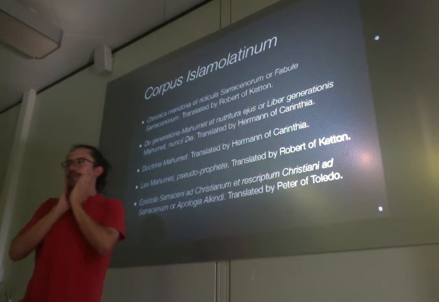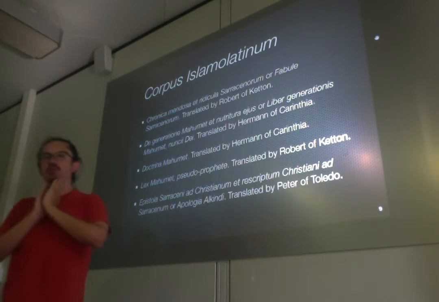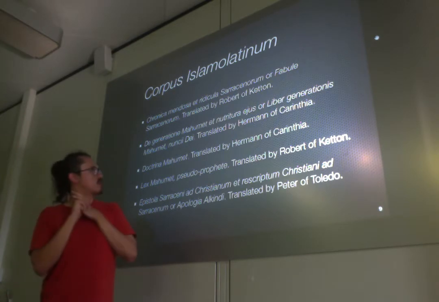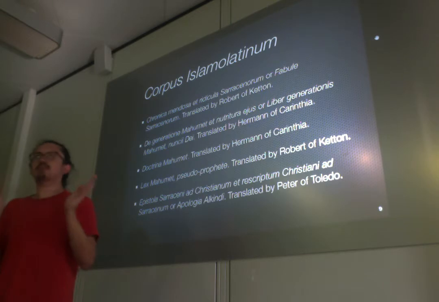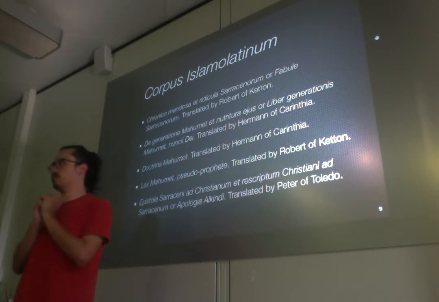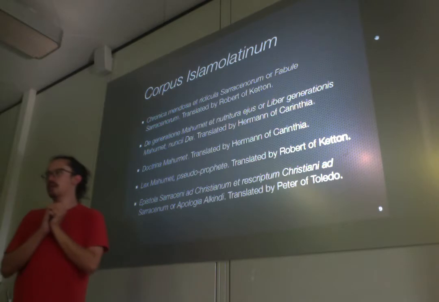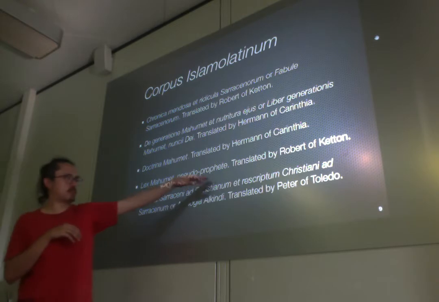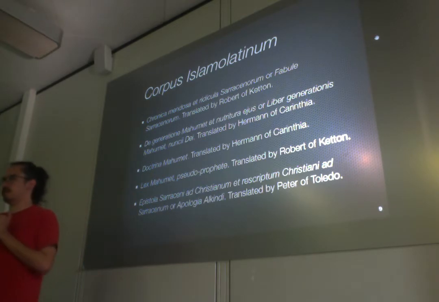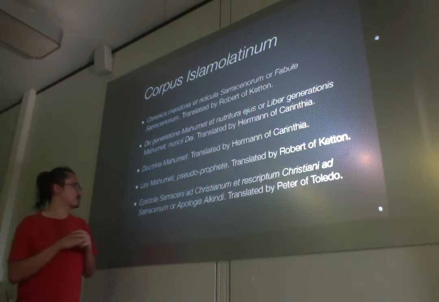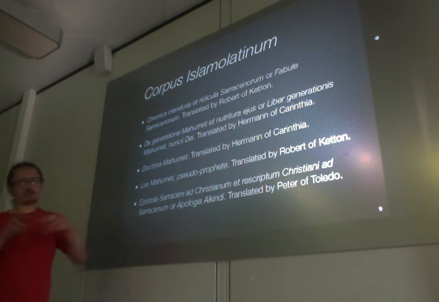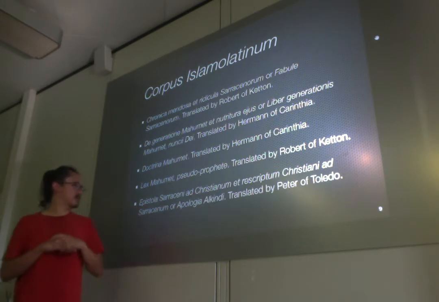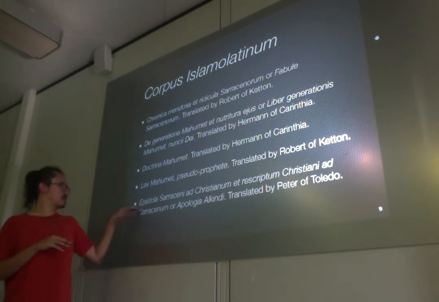I'm not remembering his name. He was a Jew who converted to Islam in the Prophet's times. He has been purported to have written a work on the doctrine of Muslims. Then the Lex Mahomet, Pseudo Prophete, which is the first translation of the Quran into Latin. And these two works, which are regarded as one, Epistola Sarraceni ad Christianum et Rescriptum Christiani ad Sarracenum, which is just a